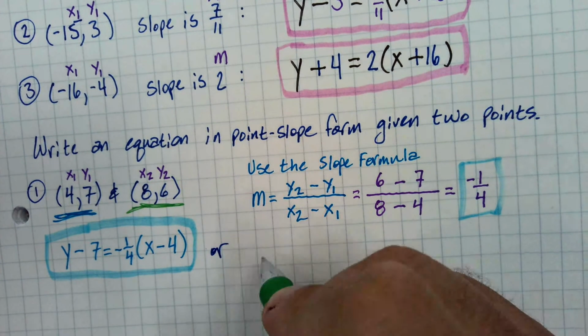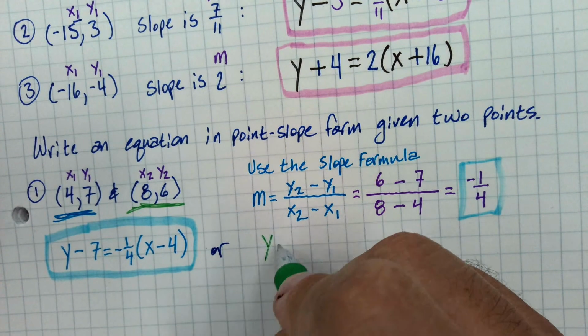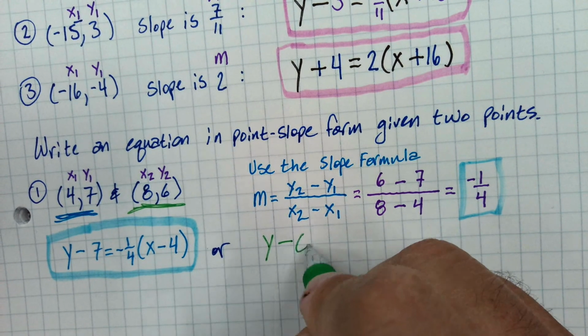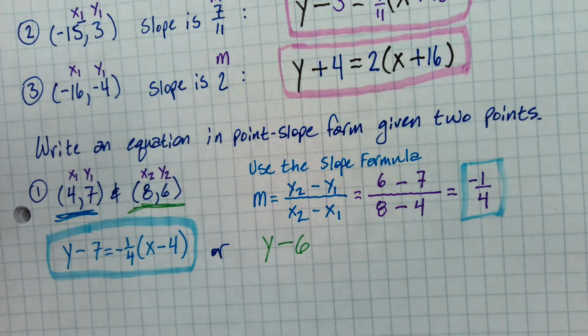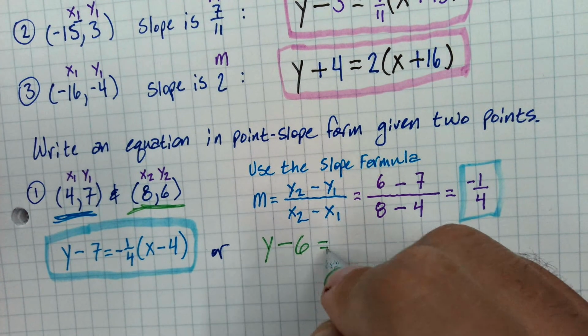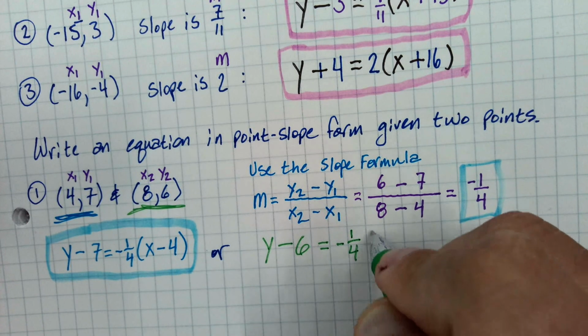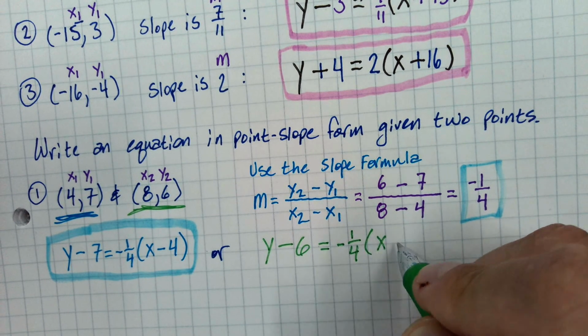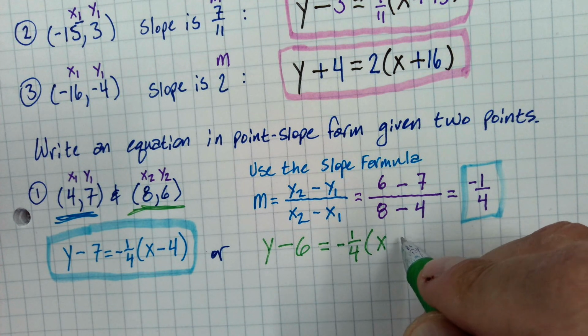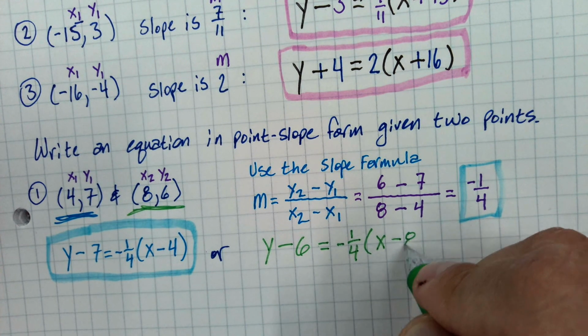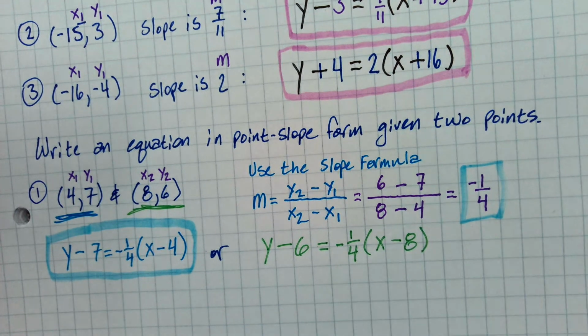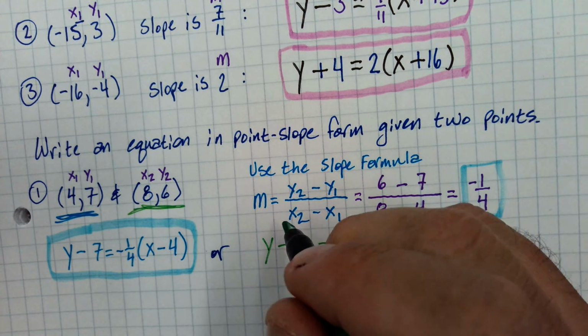If I use that one, it's going to be y minus 6 equals negative 1/4 x minus 8. So basically with this one, you can go with either one. You can go with either one. That's my point. So just to prove that point,